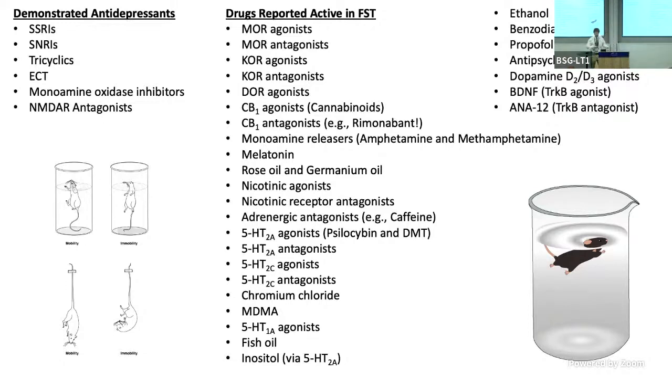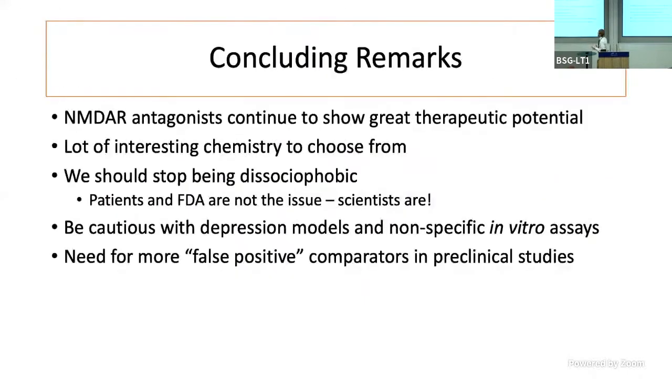Any smart person can come up with these narratives that sound great. You get a Nature paper, a Science paper, a grant, but you're not really getting at the root of the issue. And so I think we really need to include more false positives in our work. You never see that, right? It's just ketamine. And whatever ketamine does, people can weave into their ongoing, evolving hypothesis. But they're not showing, oh, cocaine does the exact same thing. Methylphenidate does the same thing. Nicotine does the same thing. Caffeine does the same thing. And so we really, really need that degree of skepticism in our work. So I think that's where I'll leave it.